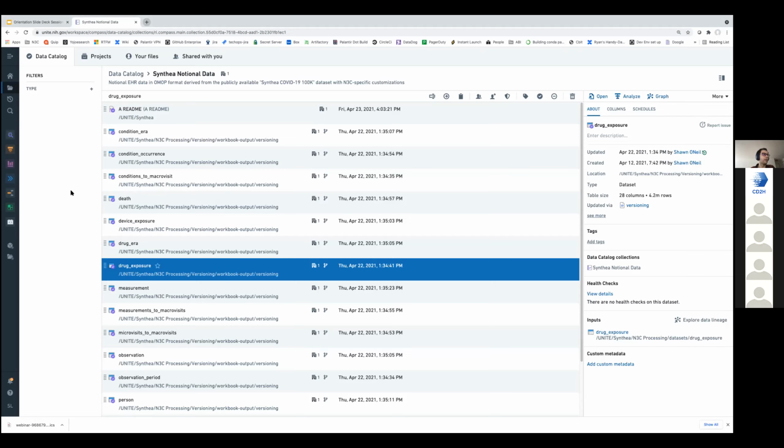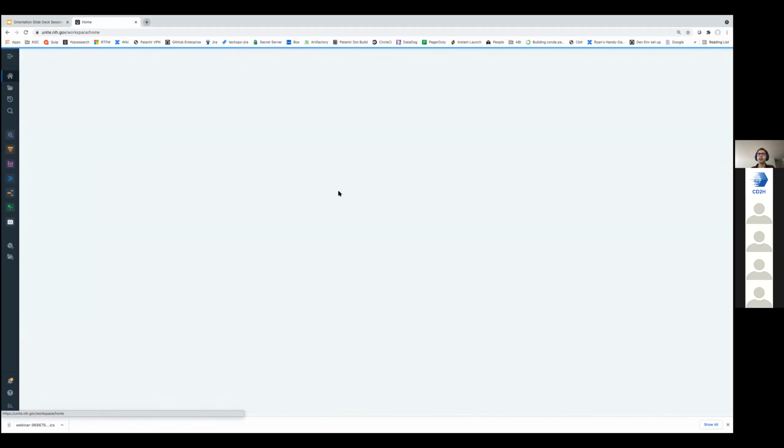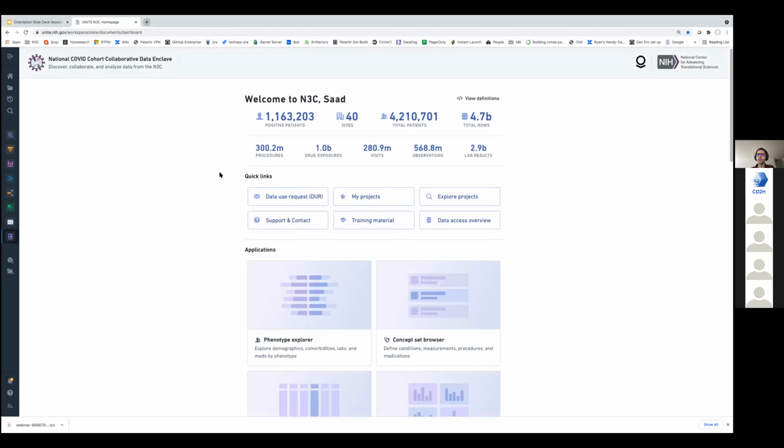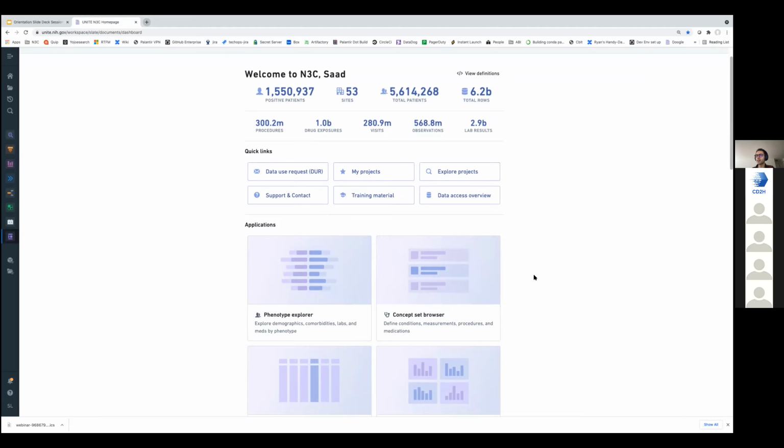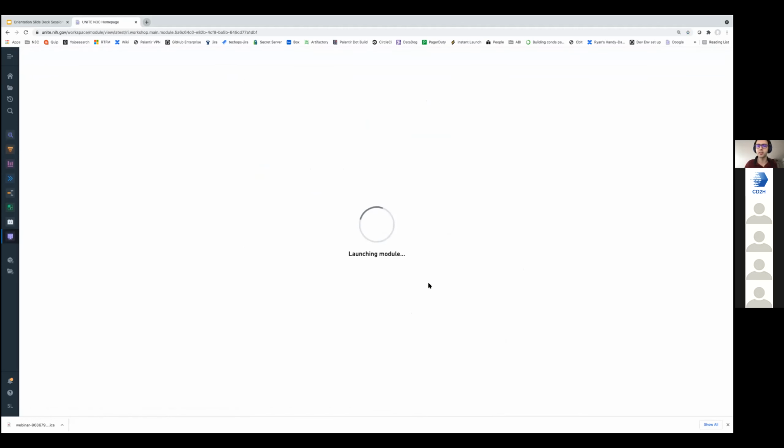And within the enclave, let me go back to the homepage. Within the enclave, we already have a number of defined concept sets, and they were defined by researchers like you and other users for their analysis. These concept sets are recorded in the enclave, so you can explore them and reuse them. The application that lists all these concept sets is called the concept set browser, also available from the homepage. So if I click on concept set browser,